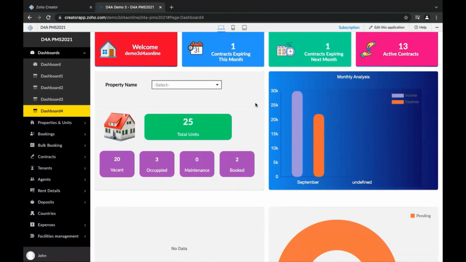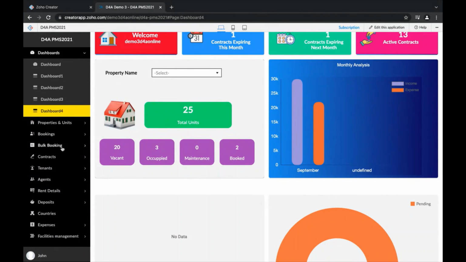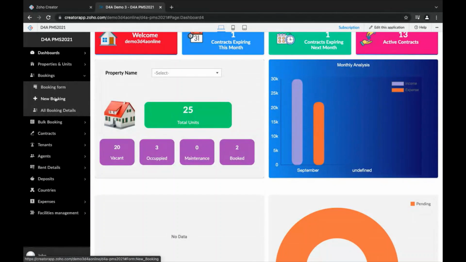As I said, the property process involves a lot of stages, and a lot of important aspects are required to create a contract. So we have defined them into individual modules. To start with, we have the bookings, and the bookings can be segmented into two different things. First is a single booking. For example, a direct customer who walks in can do a booking with you directly. It can just be a 24-hour booking or a 48-hour booking, and later on you will be able to collect an advance from them, and based on the advance, you can go ahead and create the contract. So that is the booking.